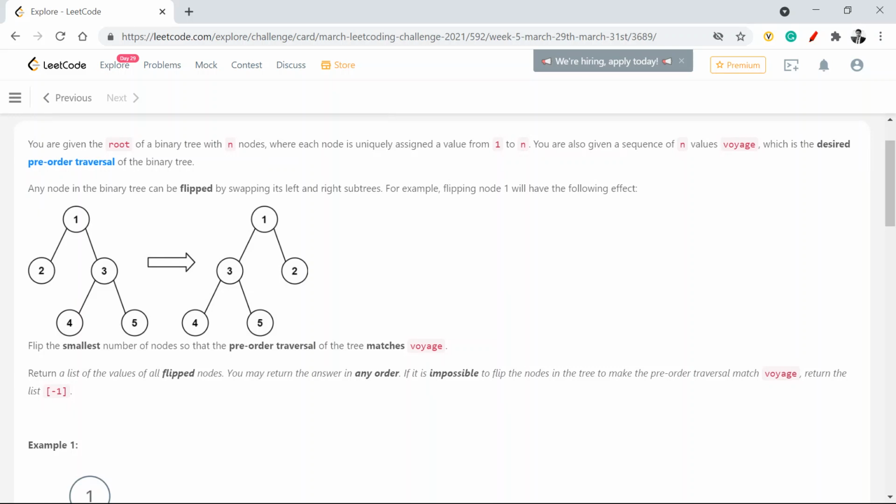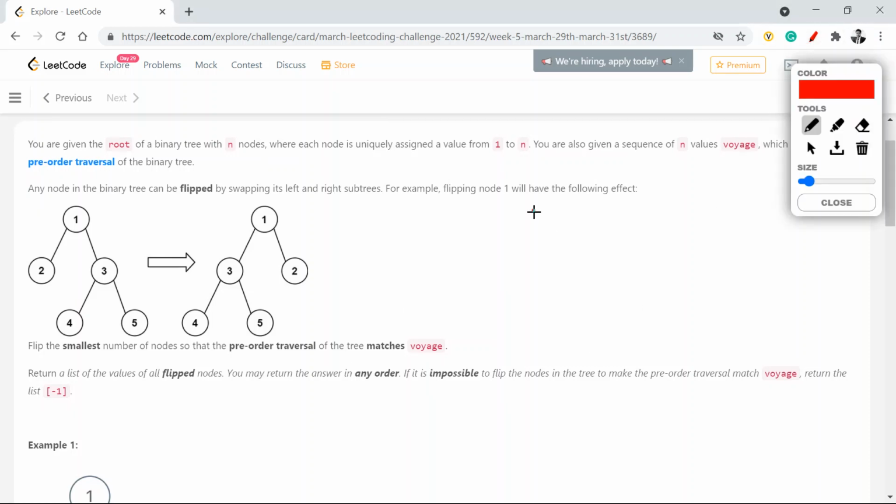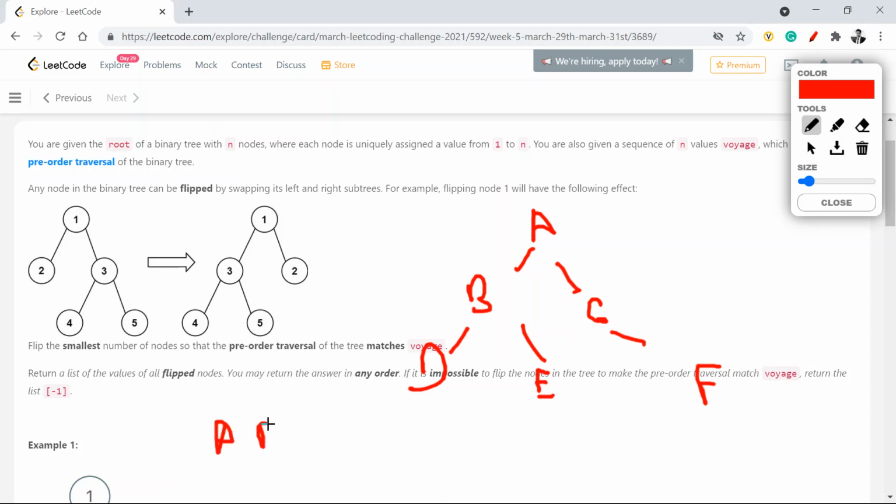For example, say we have a tree something like this: A, which has B and C, then D, E, and say F. If I want to do a pre-order traversal, what that means is I need to say root, then the left, and then the right. So I will say A is your first node, followed by B because that's the left child, and then I will see whatever is the left and right of this one.